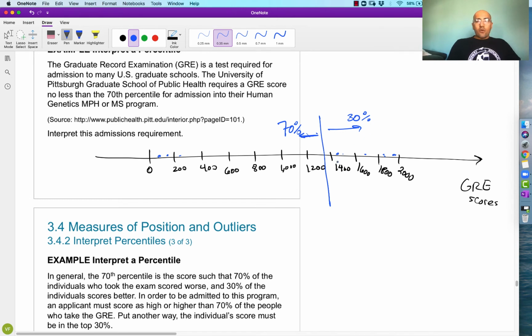Good. So we call this P sub 70. P sub 70 will be a score, right? This will be equal to some score